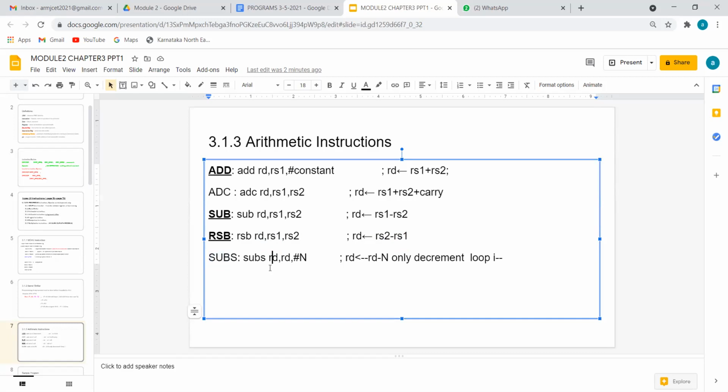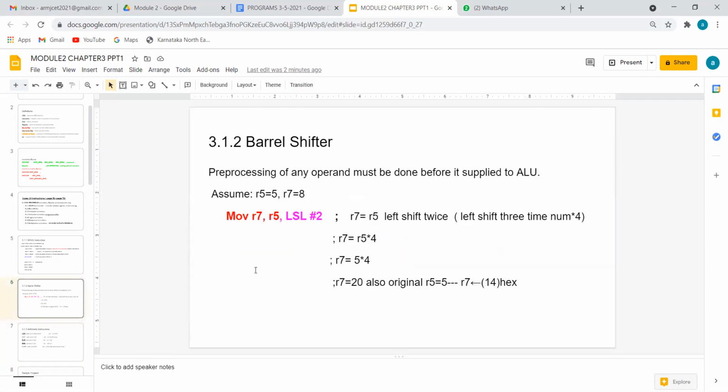Subtraction and update. Okay, so here, instead of subtracting a value present in another register, you can subtract a constant. That constant is generally used in looping type of instructions, decrementing a loop variable. That time we will use a SUBS instruction. So then after the